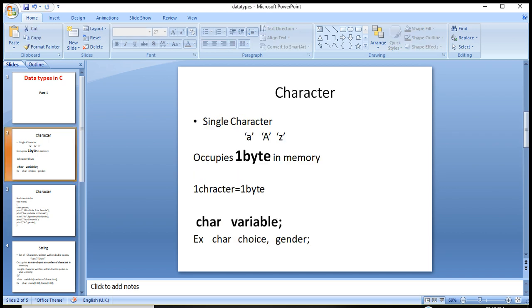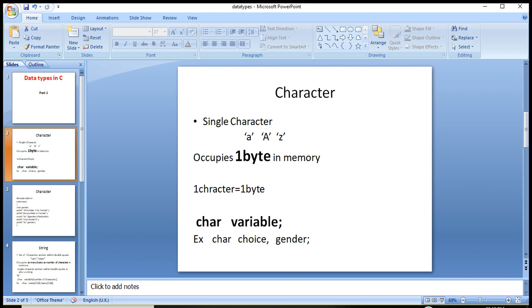Next we come to string. A set of more than one character written within double quotes is called a string. Ram and Sham, each is a string.